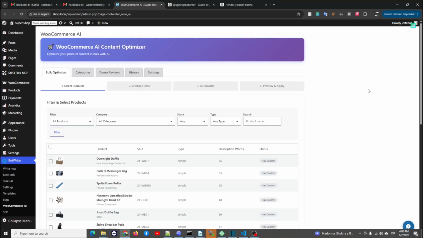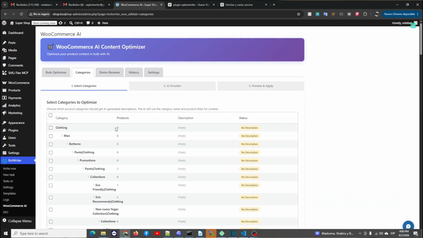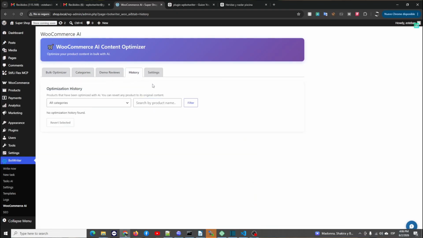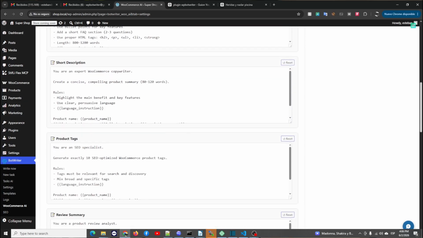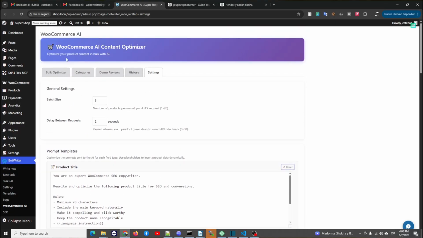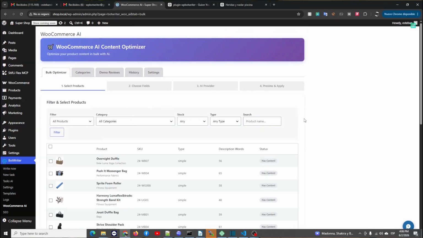Now we go to the BotWriter menu and open WooCommerce AI. Here we can see several sections. The main one is Bulk Optimizer, which allows us to optimize products in bulk. We also have categories to improve product category descriptions. We have History, where we can see the changes that have been applied and revert them if needed. And we have Settings, where we can customize the prompts BotWriter uses to generate each type of content. In this video, we will start with Bulk Optimizer because it is the most useful feature for a WooCommerce store